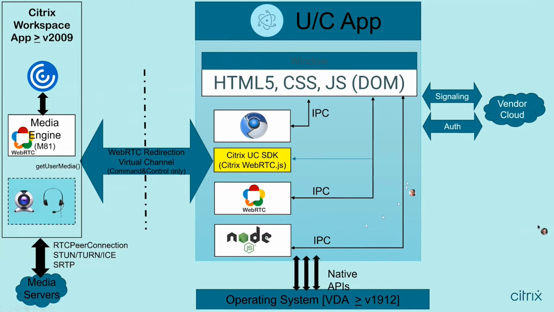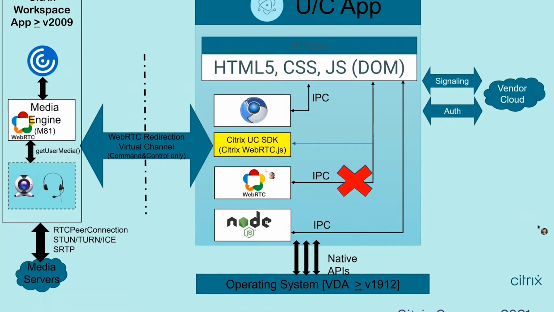This way, your application logic maintains integration highly inside the virtual desktop, without you having to do manual copy and paste or things like that, which can potentially also introduce some security concerns. So by using this UC SDK, it will allow the application vendor to have very high integration potential with other third parties, and still maintain a very high quality audio and video user experience from the end user perspective. So without further ado, we're going to dive into